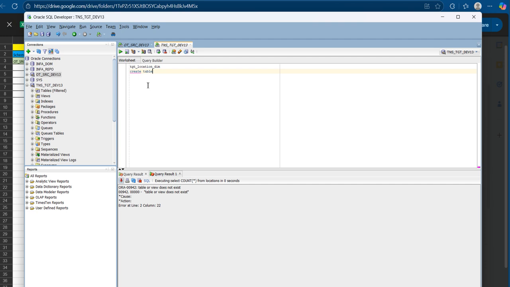Create table name. Create table, that is the table name, and parenthesis. In that parenthesis, we have to paste the table structure. So here not null we have to remove. Okay. And after removing the not null, we have to give